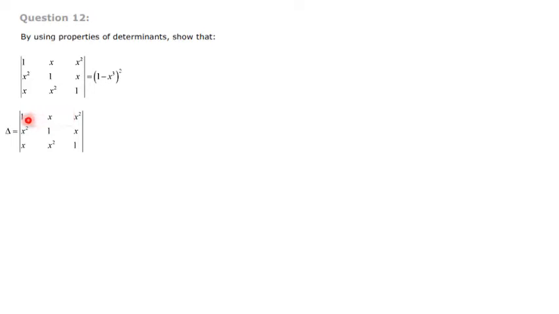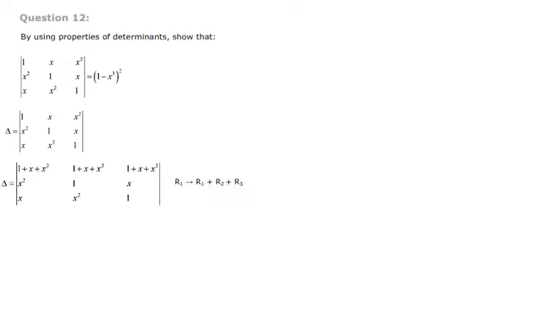the first row has 1, x, x square, and the second row also has 1, x as well as x square, and the third row also has the elements 1, x and x square, only the order is different. So if I add these R1, R2 and R3, that is 1 plus x plus x square. Here also the same thing, 1 plus x plus x square, so again here 1 plus x plus x square. So everywhere the same term is coming. So I will take the operation R1 changes to R1 plus R2 plus R3.